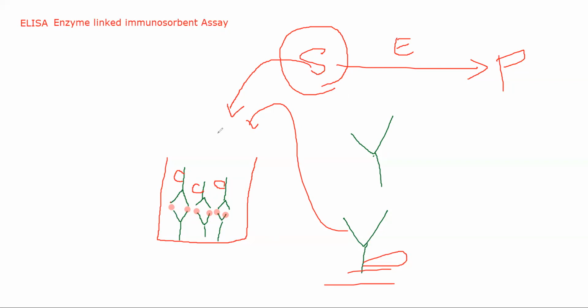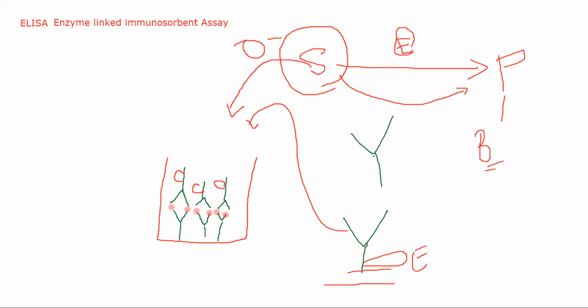When I add the substrate, I will add such a substrate that whenever it is undergoing a reaction with this enzyme, let's suppose this is enzyme E that I have linked to these antibodies, as soon as I add the substrate, I will see a change in color. Let's suppose the substrate has some orange color and the product has blue color. As soon as I pour the substrate inside, because the enzyme is linked to that antibody, immediately the substrate will change color to blue.